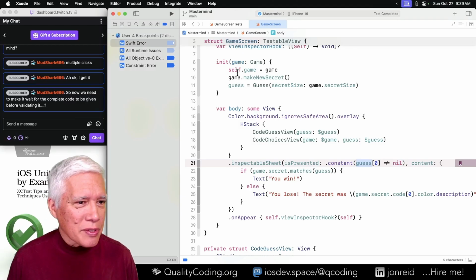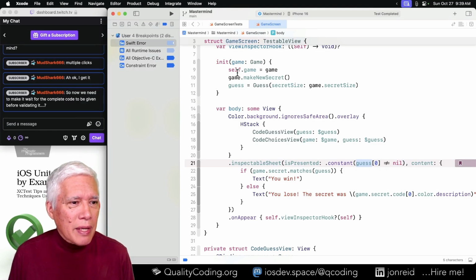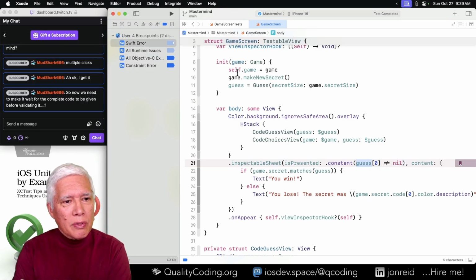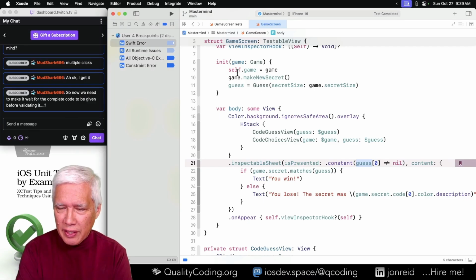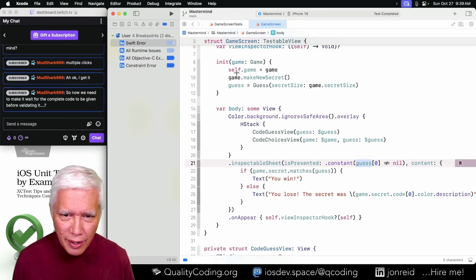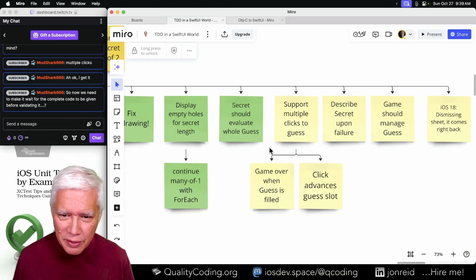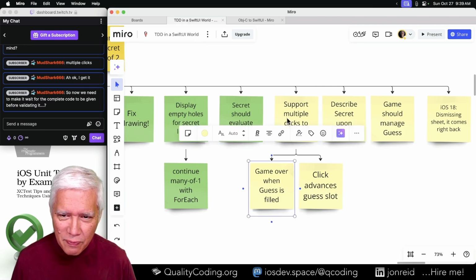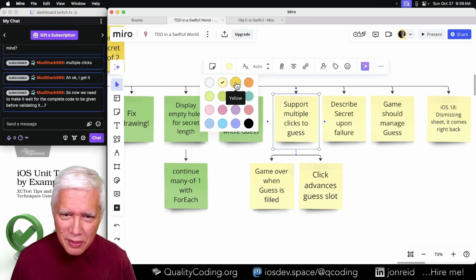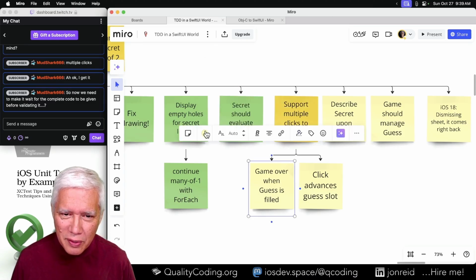So now we need to make it wait for the complete code to be given before validating it. Yes. That's why, even though I thought I need to rearrange these, somehow maybe this does make sense in this order.